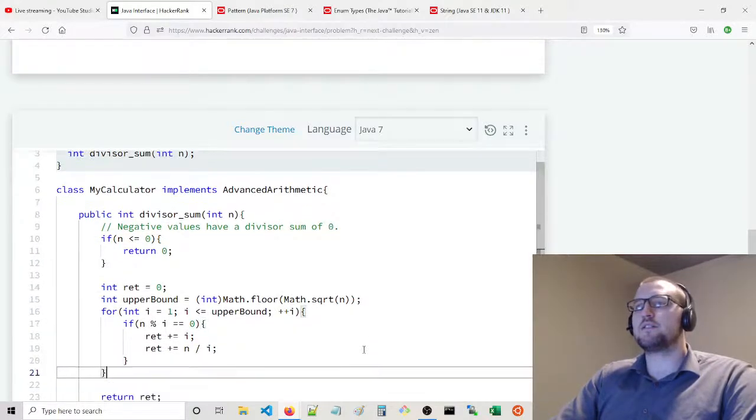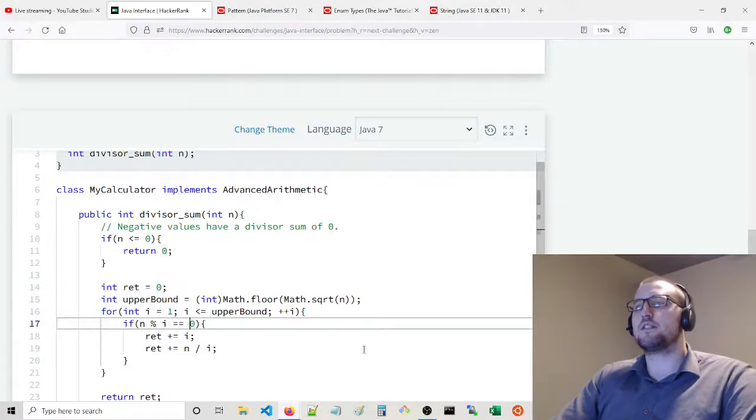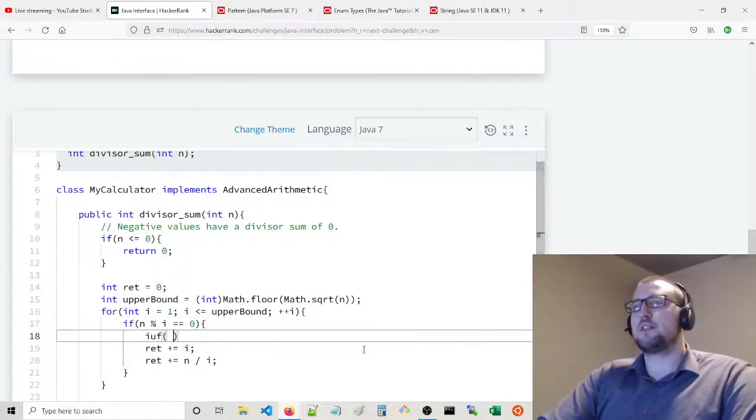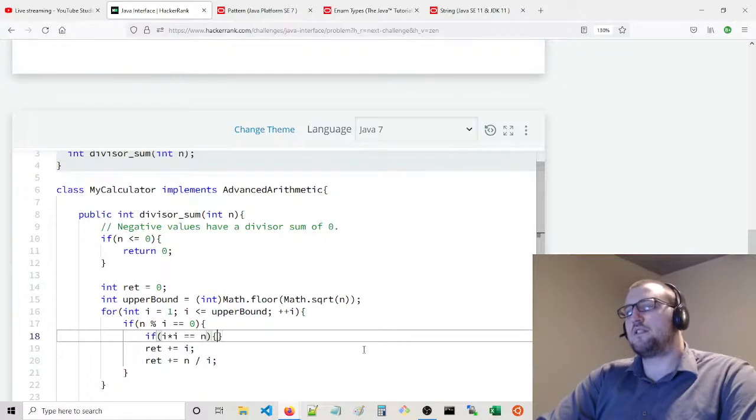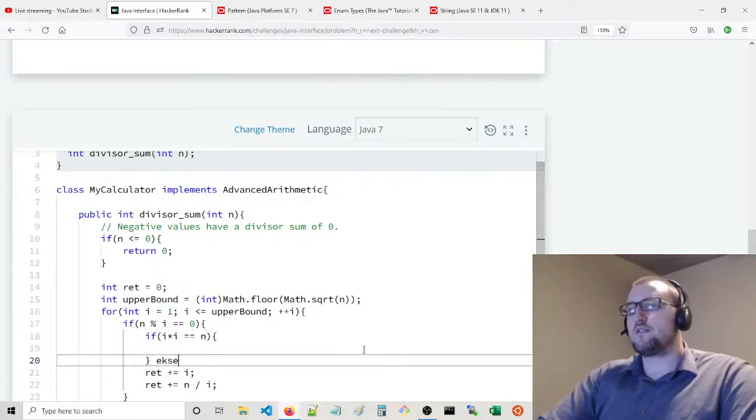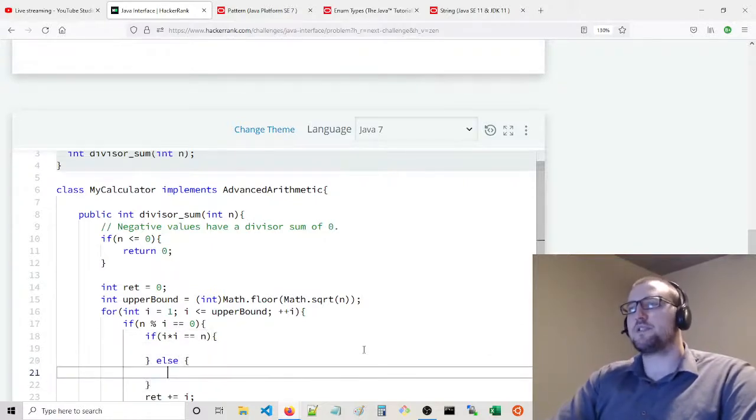And that's to say, if it's a divisor, we just want to check if i times i equals n, otherwise,